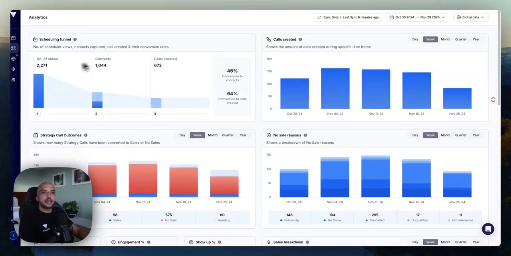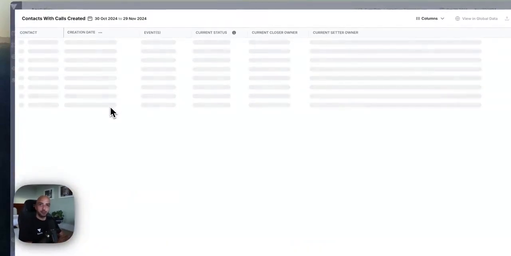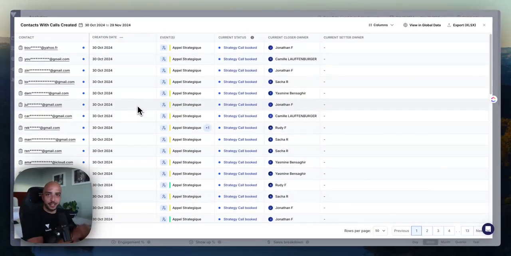For example, let's say here we have 2,200 people who view our scheduler. We have here all the contacts that we gather. I can see the call created and I can see the extra contact. Okay, so we have a 58% increase on this one, and you can see like 600. It's almost 80% extra contact without doing anything. So let's say now I want to see who booked the call. I can just click here and boom, I have my mini global data right inside without ever leaving my analytics,